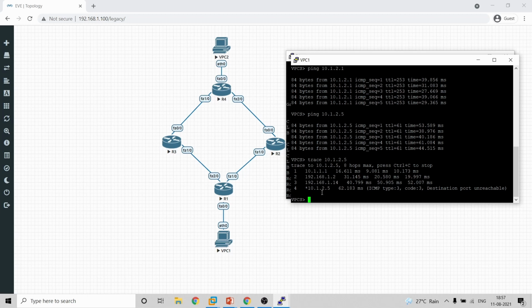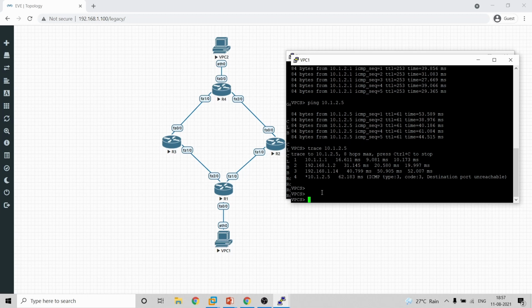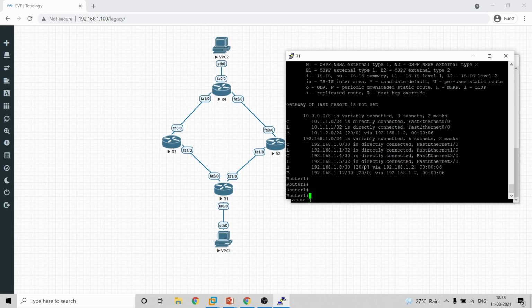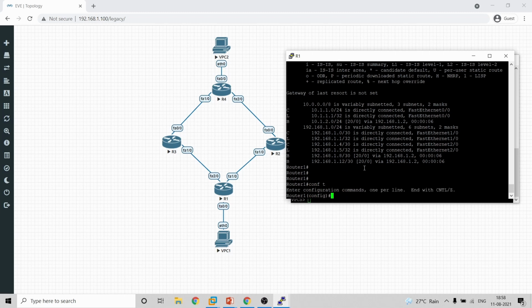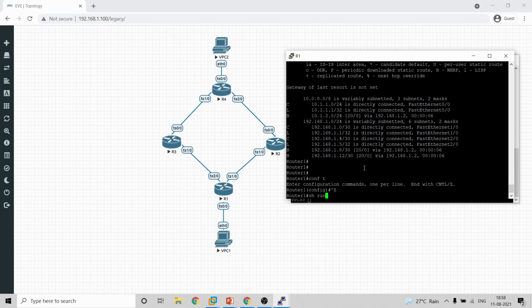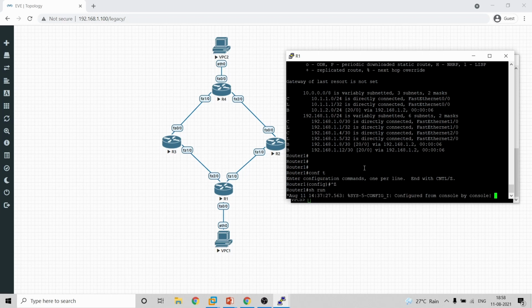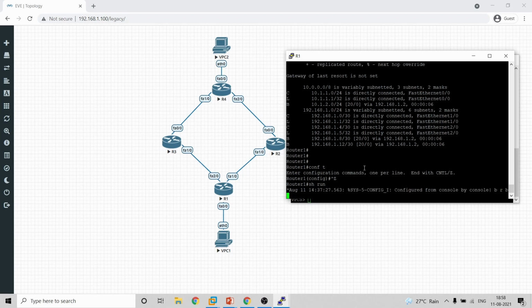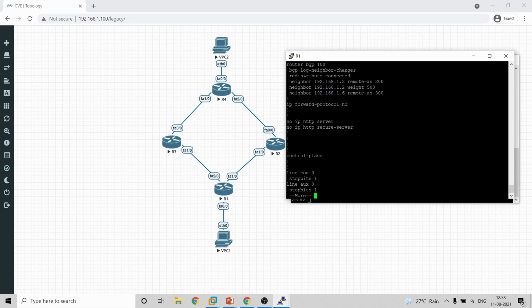Okay, so we'll do a small tweaking here as well. We'll do the BGP configuration for weight with a higher value for the other neighbor to see if the routes are redirecting.